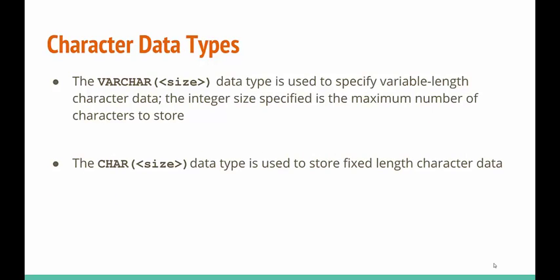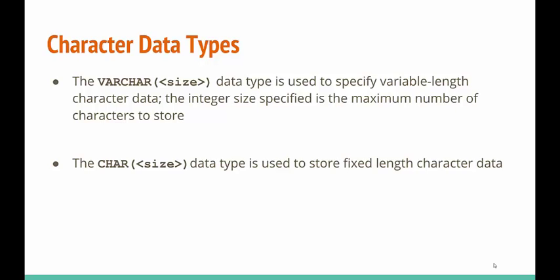So let's get back to data types. There are 2 data types in particular for character data. The varchar type is designed to specify variable length character data, such as words, sentences, paragraphs, things that we want to store, but we don't exactly know how big they're going to be for each individual record. In parentheses after the word varchar in the data type specification, we put an integer representing the maximum number of characters to store. We can store less, but the maximum value says this is at most how many we can